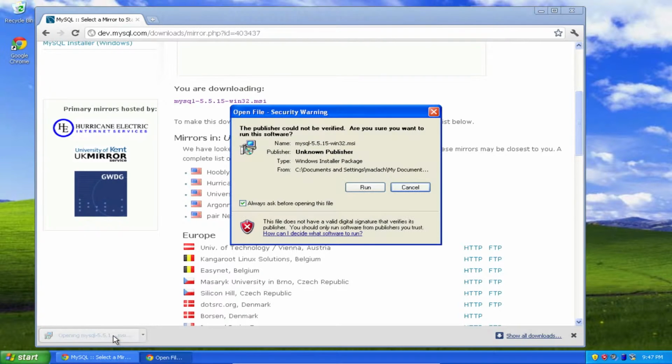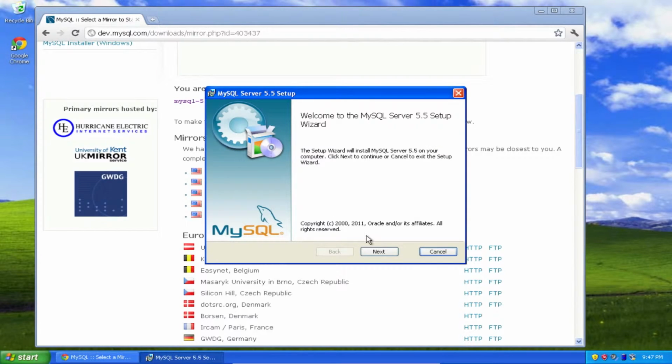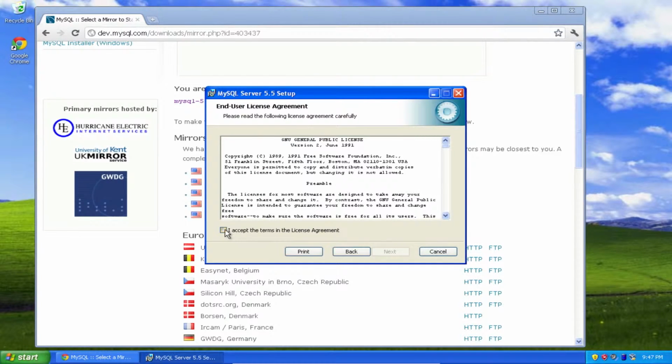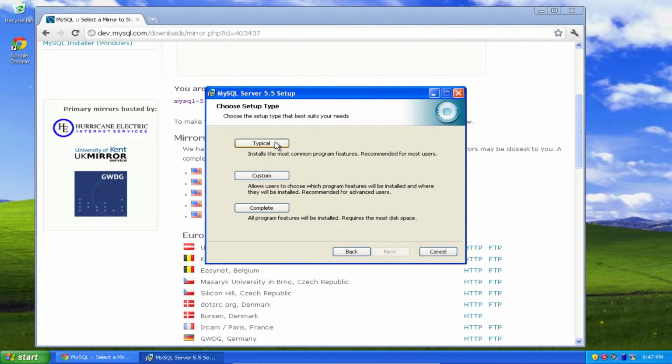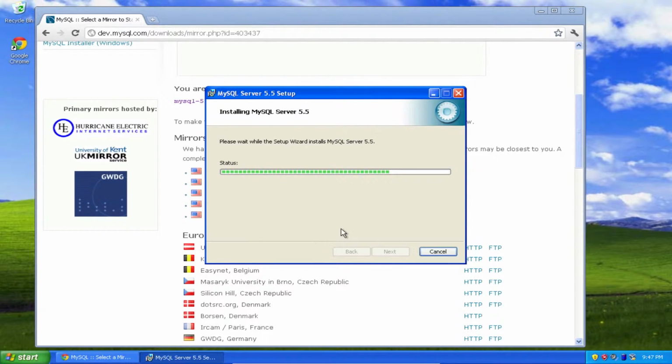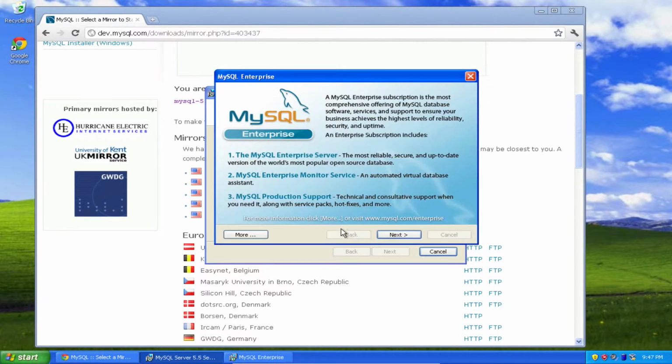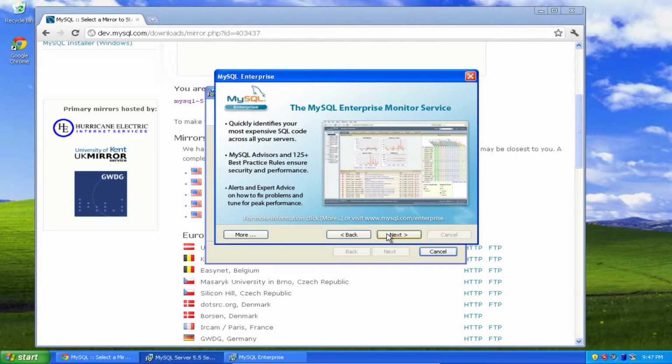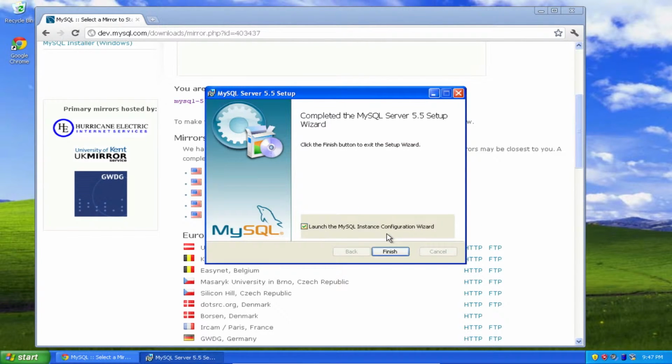Okay, so I open the downloaded file, click Run, click Next, accept the terms of the license agreement, click Next again, and I'm going to accept the typical installation. Select Install, and it goes pretty quickly. Great. Now I'm going to select Next again, Next, Finish,